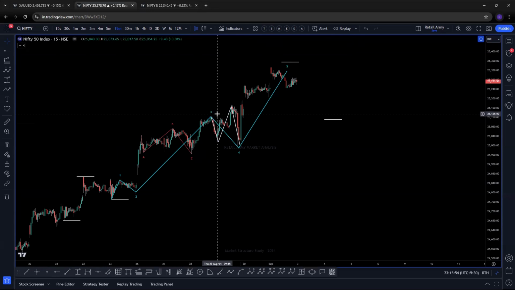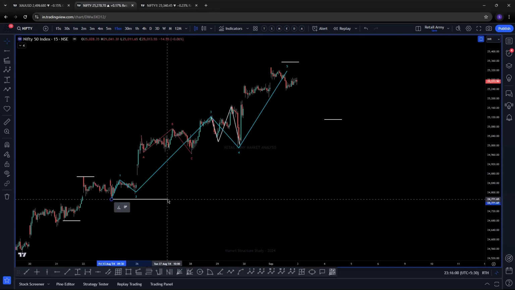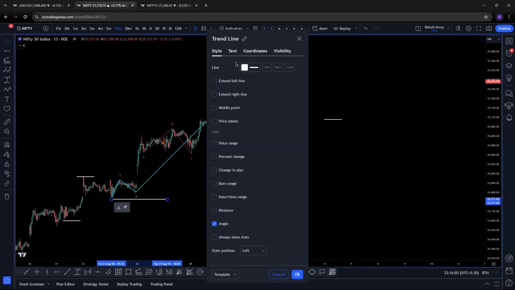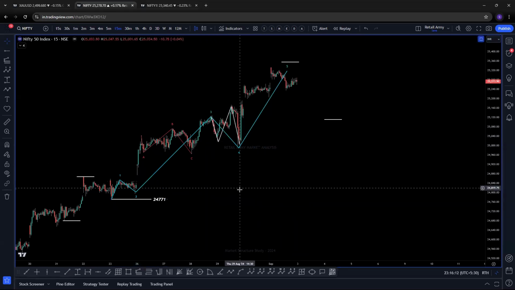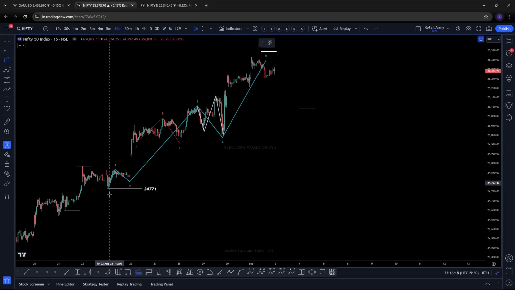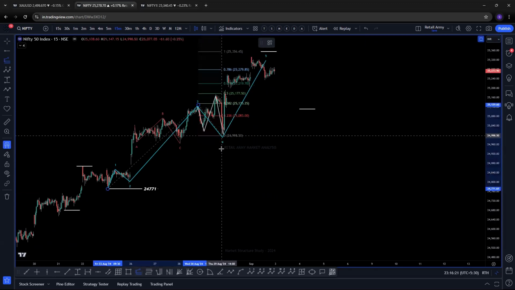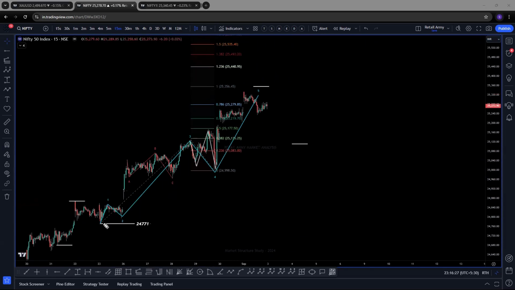So this is a final analysis which I'm giving you right now. The low on a 15-minute chart, Nifty spot, from the low of 24,000, sorry, 24,771. All right. From the low of 24,771, if we are moving in an impulse, it has to be less than, let me just measure it and see how far it is coming. Okay. So right now, first case is that this is your wave 1, wave 2, wave 3, wave 4, wave 5 done. And it should not cross 25,300 and